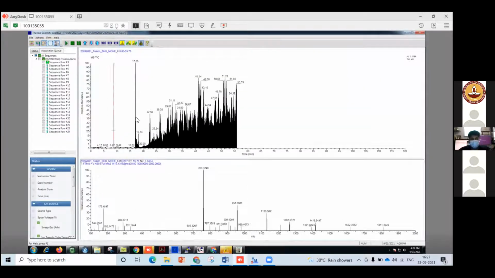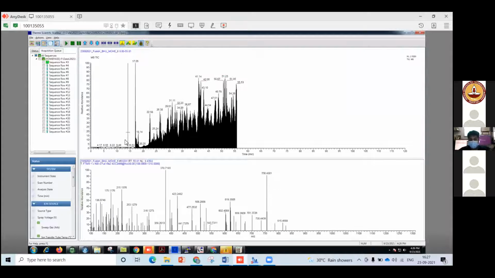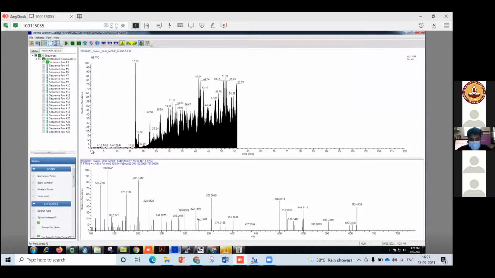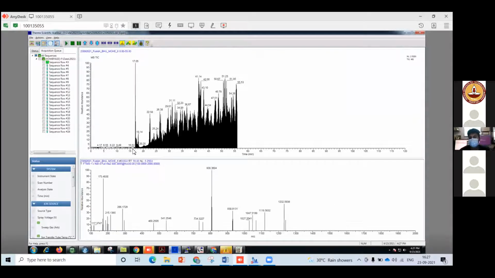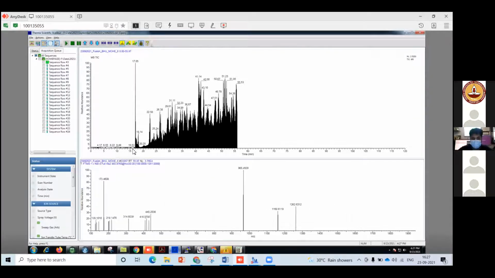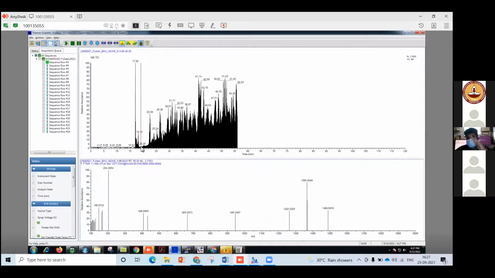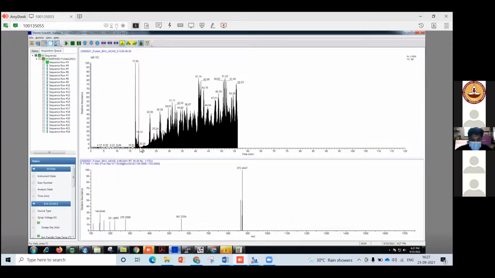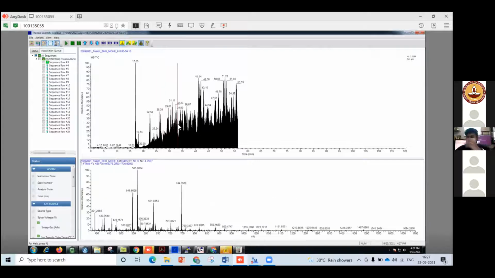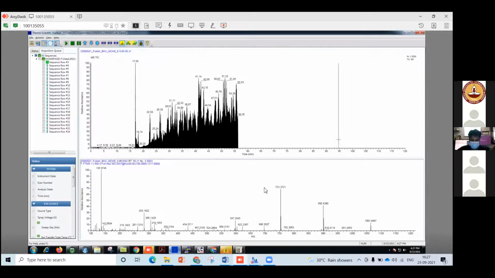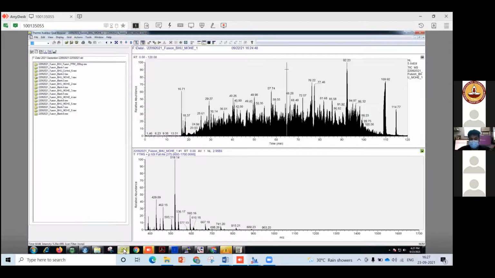As you can see, this is the current run, and the acquisition is happening as I have shown, with the initial gradient from 0 to 15 minutes. It takes time for the binding of the peptides, followed from 20 minutes by a steep increase of the gradient to 30% of B. You can see the elution of the peptides happening, and once the whole elution has happened, the chromatogram we get looks something like this. And then this particular data we take forward for further analysis.